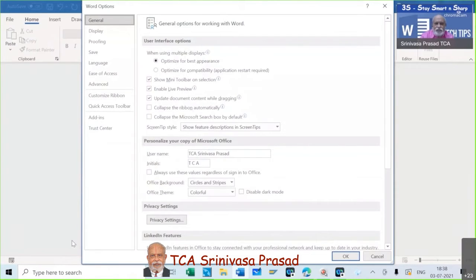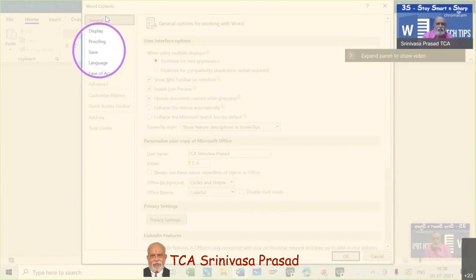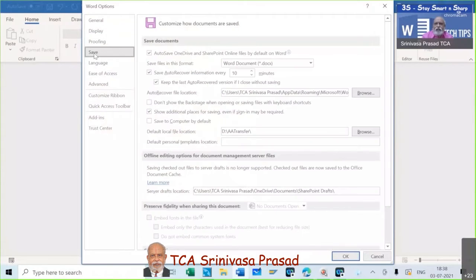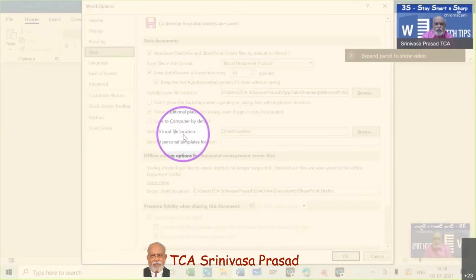See, after this session onwards, I think you will have to start using these options more and more. In these options, there is general, display, proofing, save. So you click save. And here, if you look at it, this is the default local file location.